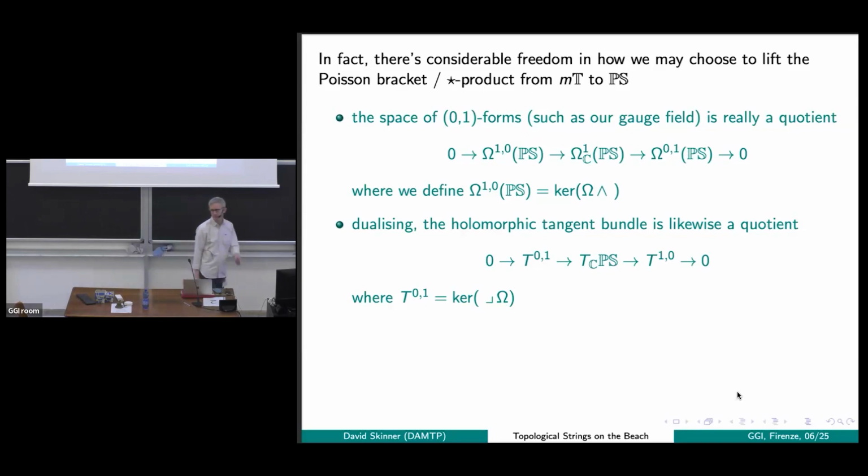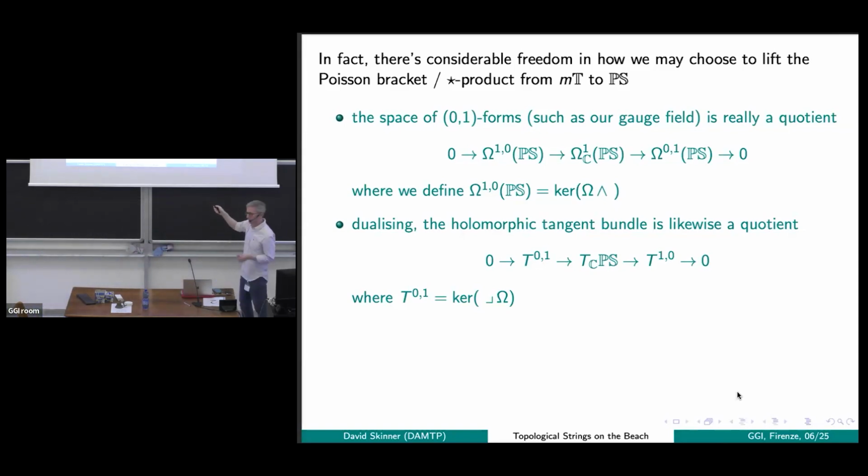And just to fill in what Atul and I were just saying, this is not a CR structure either. No, it's because you've got topological directions. Yes, that's right. So the holomorphic tangent bundle likewise is a quotient. So again, what we mean by anti-holomorphic tangent vectors are anything that contract to 0 against this preferred 2 form I've got. And what I mean by holomorphic tangent vectors in this case is anything else.